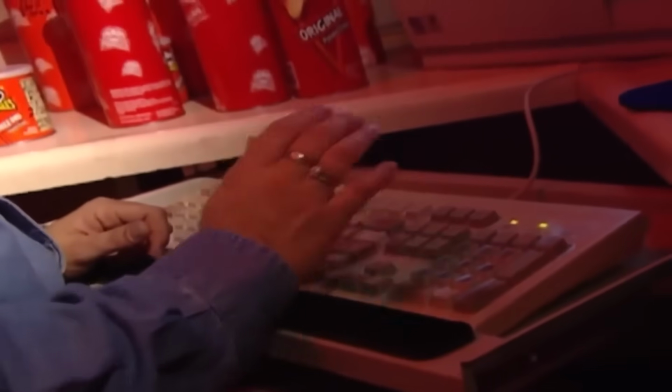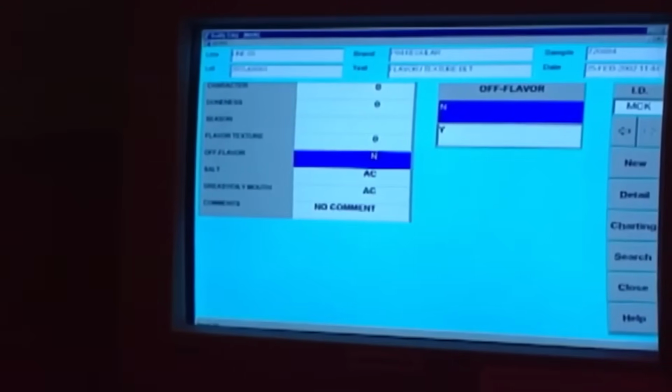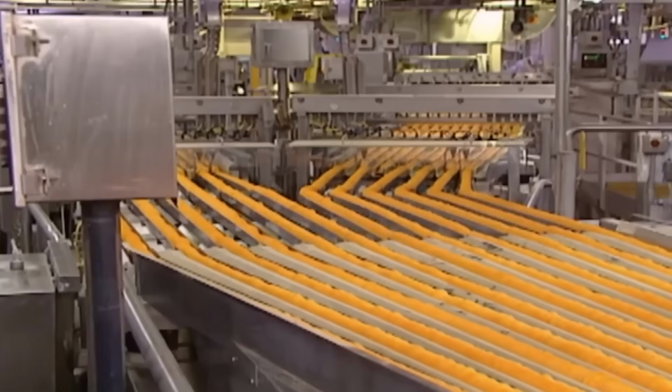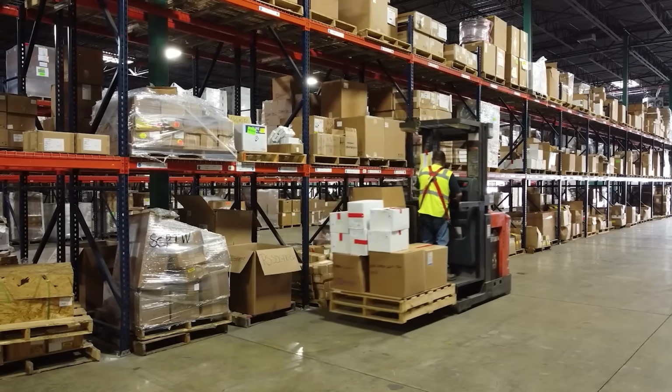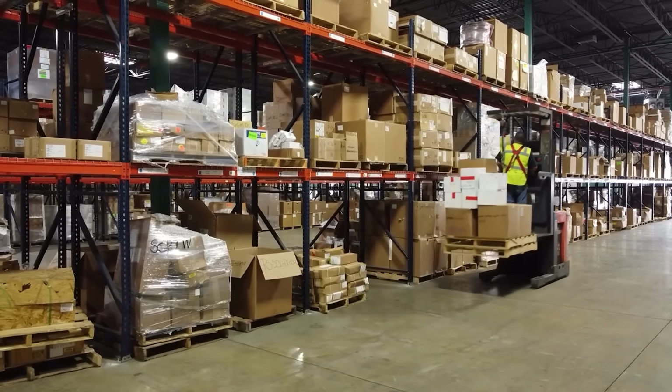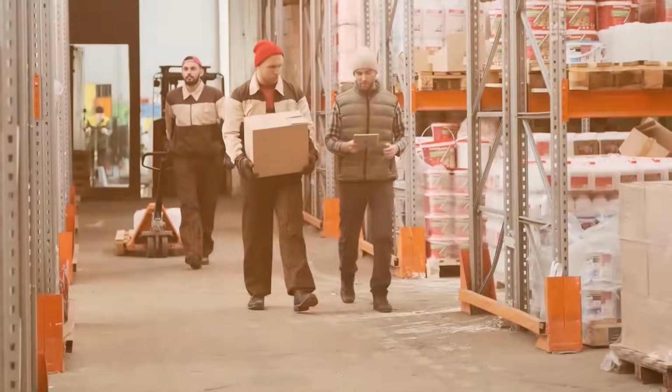Before being shipped out, the finished products undergo a final inspection to verify that the correct quantities and flavors have been packed for each order. Logistics teams coordinate with distribution centers to determine the most efficient shipping routes, ensuring that Pringles reach their destinations as quickly and cost-effectively as possible. Since Pringles are a globally recognized brand, this distribution network spans multiple countries, requiring careful coordination between factories, warehouses, and